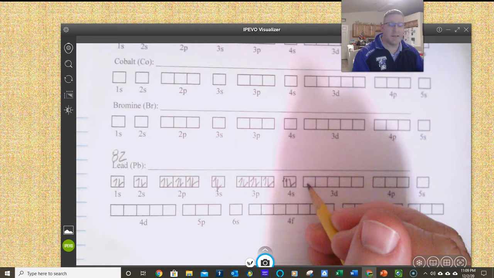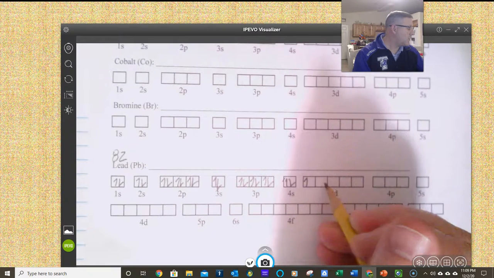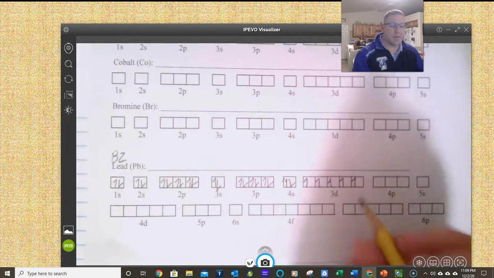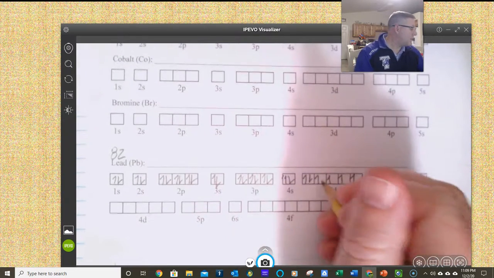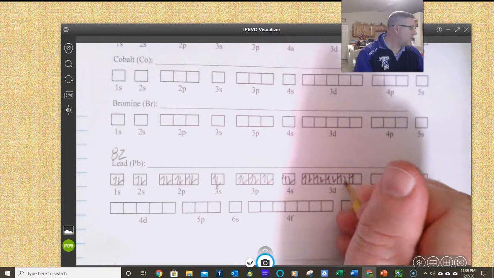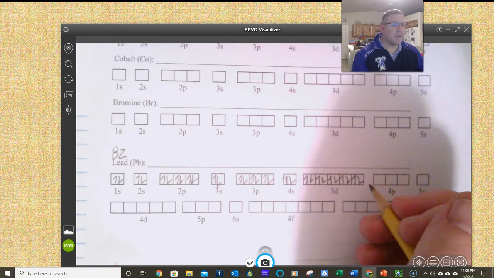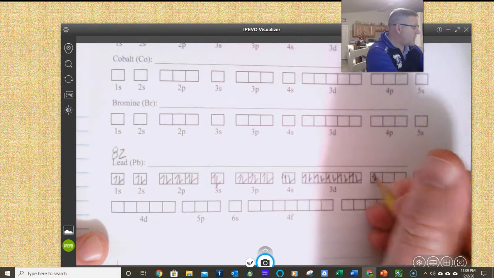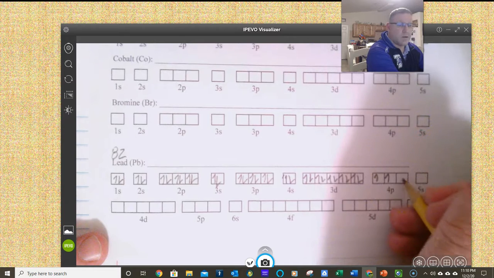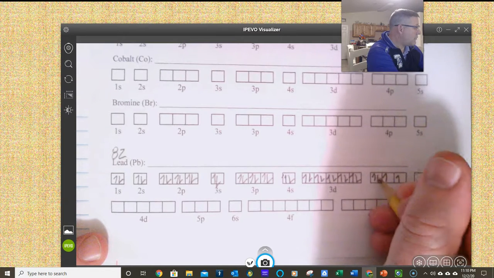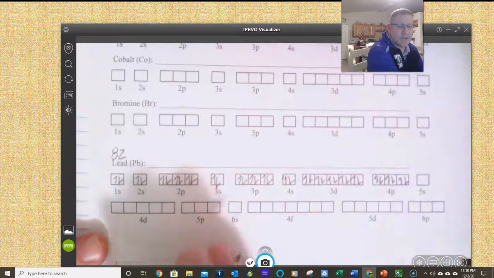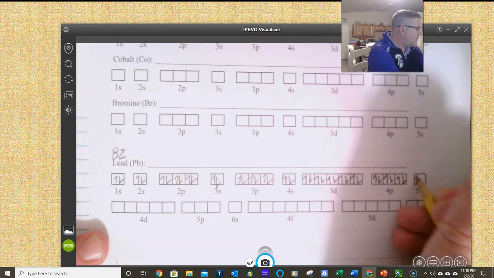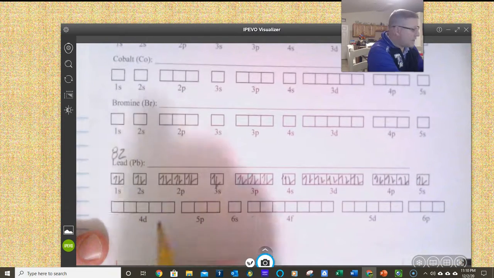And I get to then dive into the 3d, going up, up, up, up, and up. Next will be down, down, down, down, and down. And right there, that's 10 electrons within the 3d. After the 3d, now we're pushed out to the 4p. And we can have up to 6 electrons in the 4p. After that, the 5s needs to be filled. 1 and 2 electrons. And then the 4d,